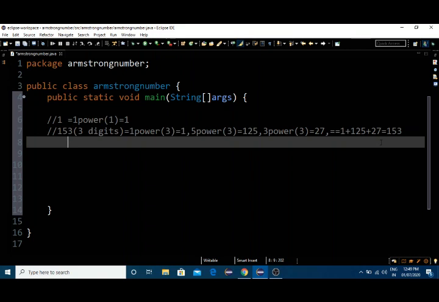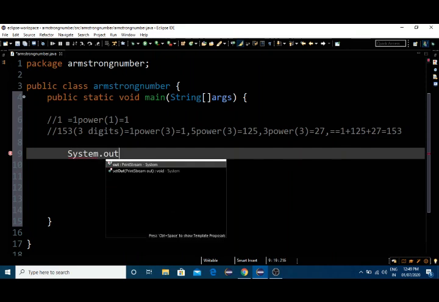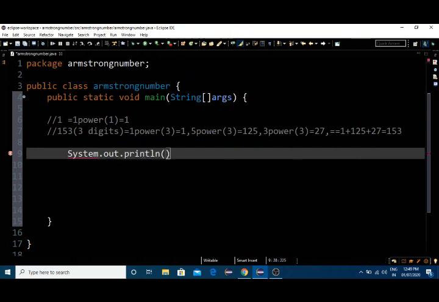Let us first ask the user to enter the input, by using System.out.println of "enter the number".